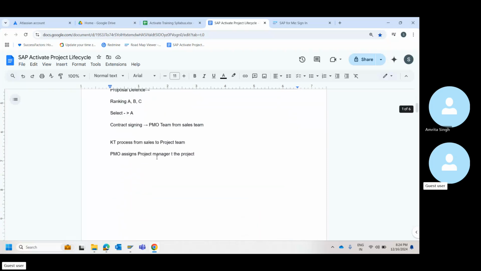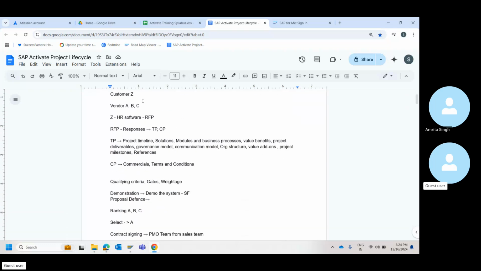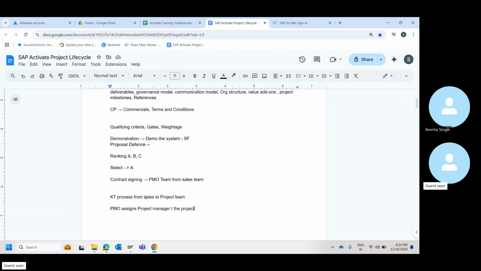As I explained here also, all this happens as part of the discover phase. And at the end, when we sign the contract, this is when we close the discover phase and move on to prepare. Once a project manager is assigned, then this means you're going to start kick off.